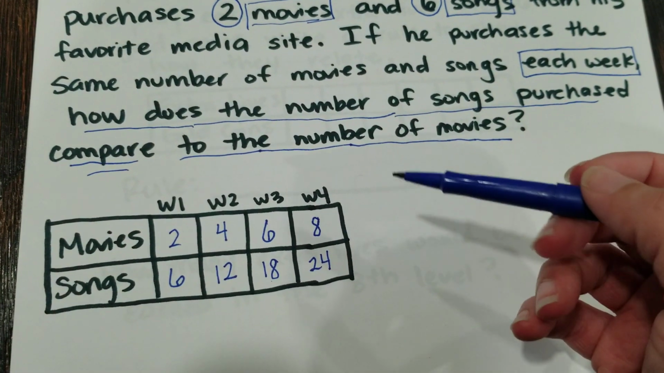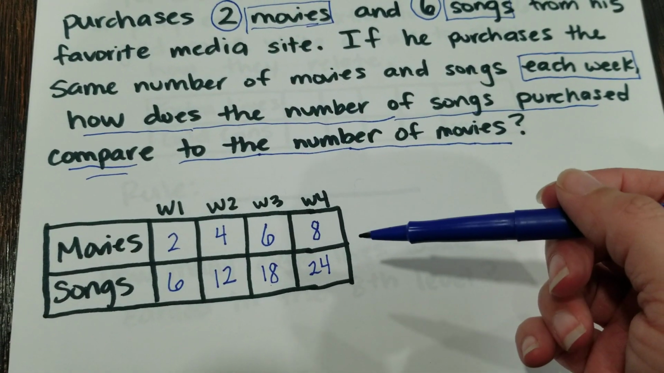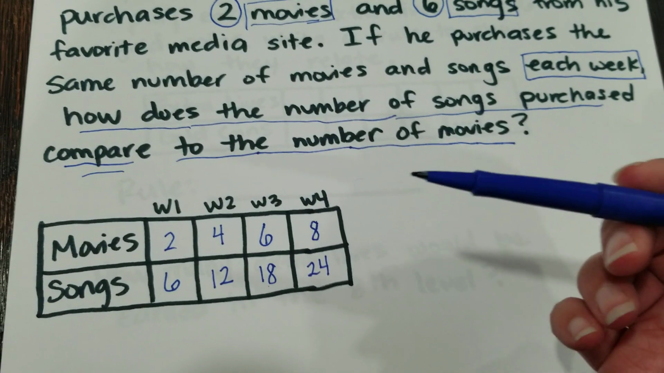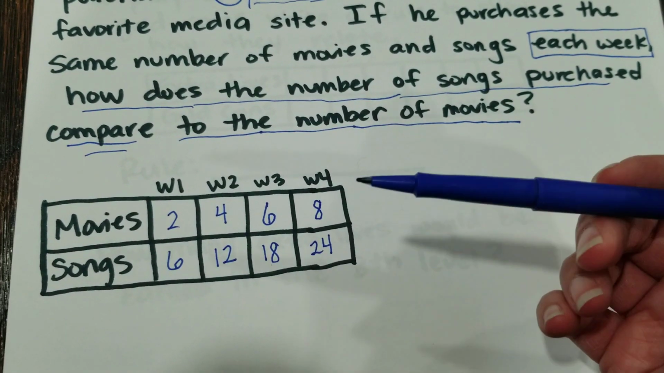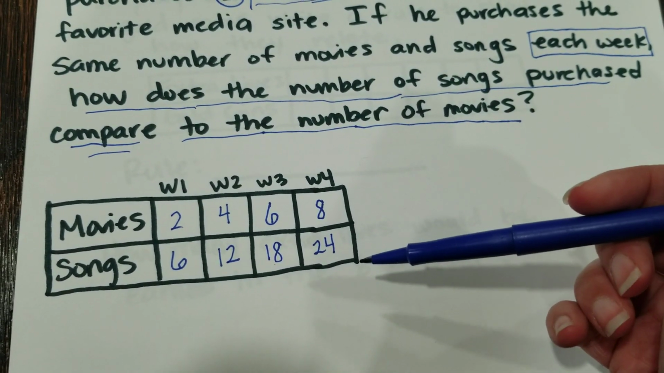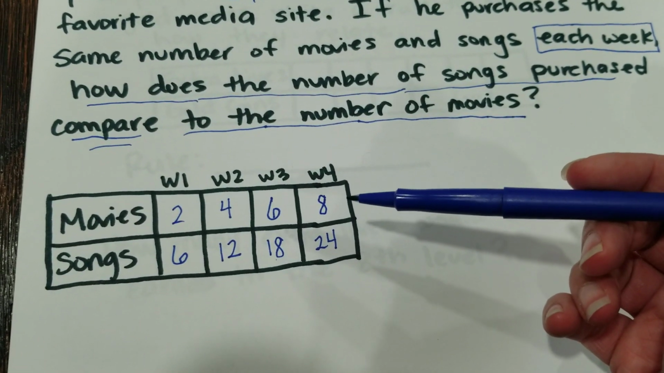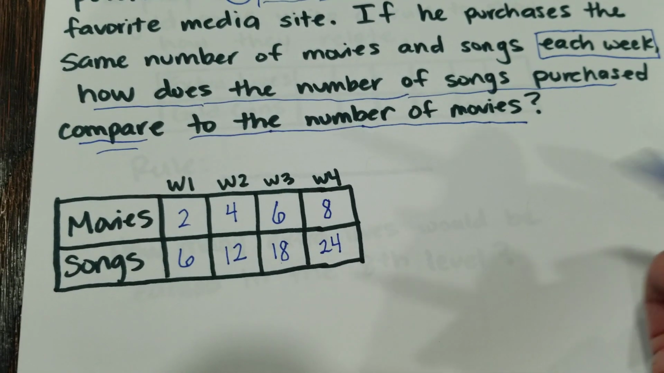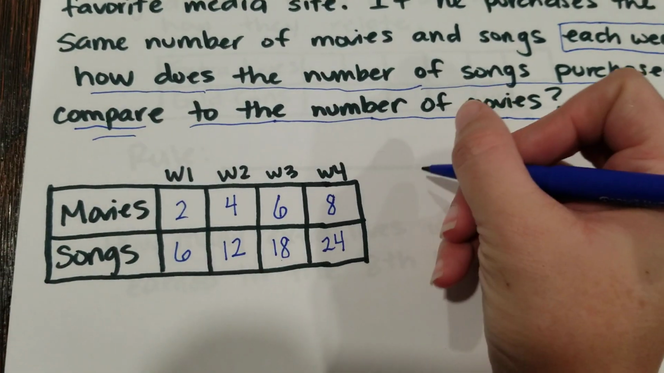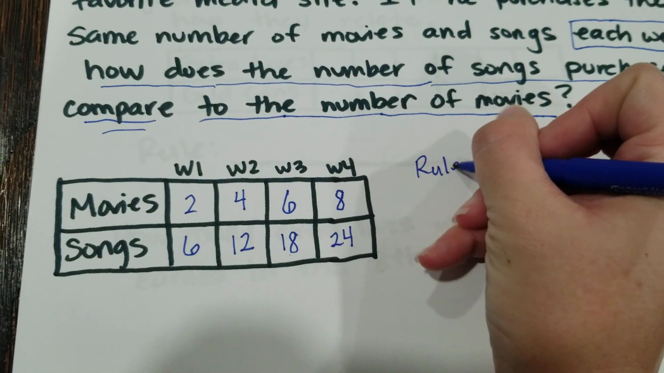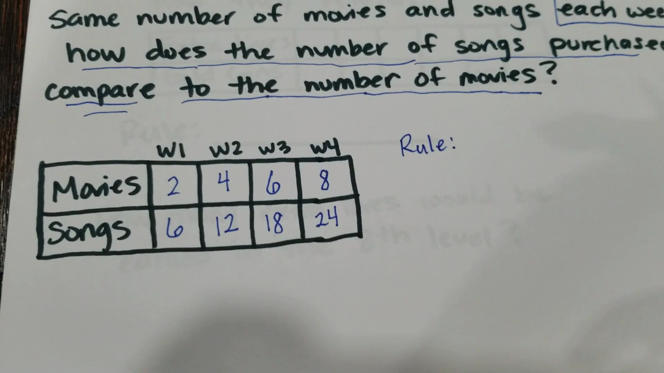We can write this saying, the number of movies is blank times smaller than the number of songs. We could say the number of songs is blank times larger than the number of movies. But what we want to do is we want to make a rule that says what these numbers are doing. So let's look